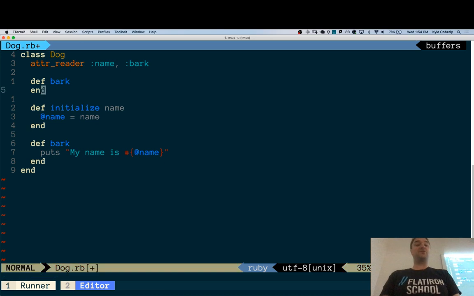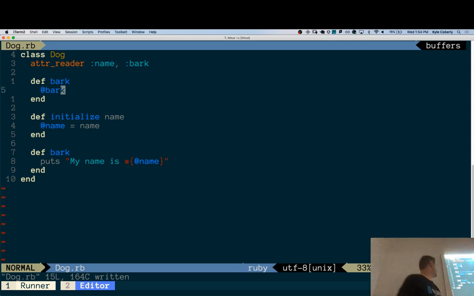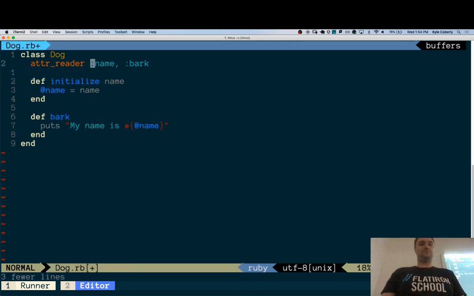It's going to make a method called bark that just returns bark. And it'll probably get overridden because I already have a method called bark. Yeah. So two questions. Initialize, so whatever you initialize with is essentially what you can use in whatever method below, after you've instantiated. Okay. Which is the attr_reader, but also why would you need to do that as well